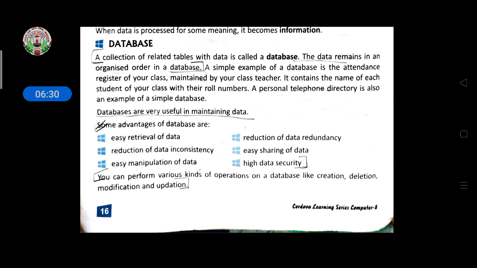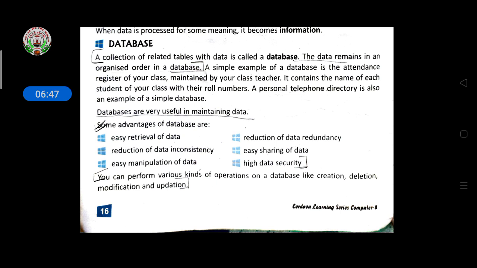A phone directory means, earlier we were using a BSNL connection as a landline. So the BSNL connection, where they give connections to people, had their address and phone number with name.